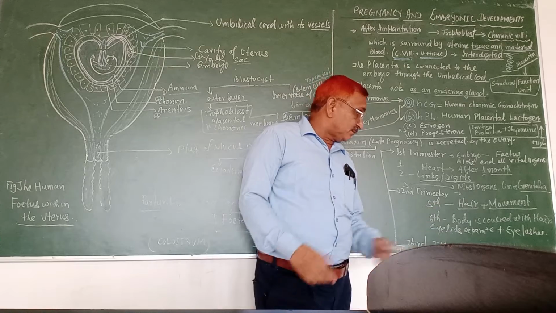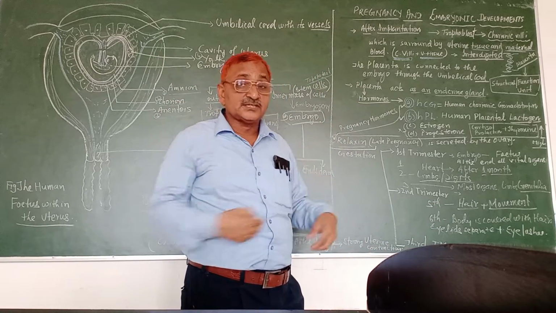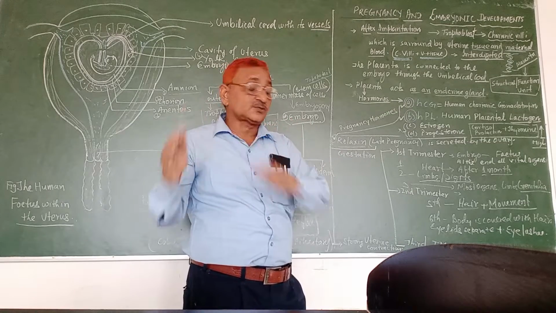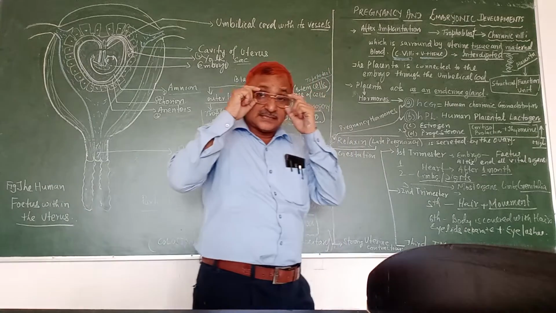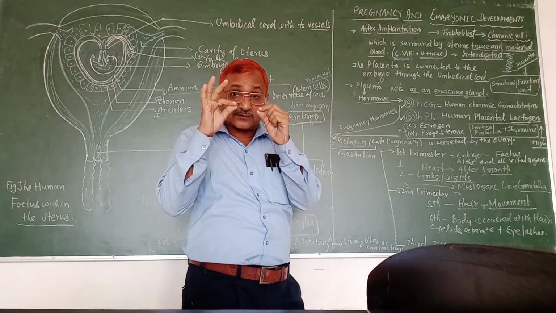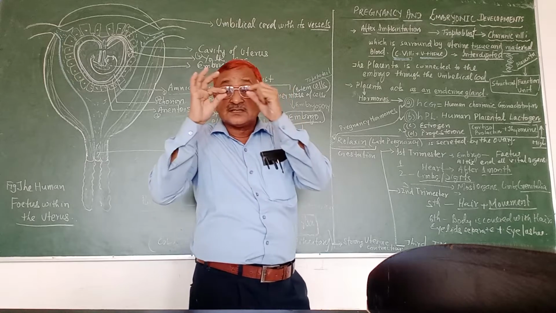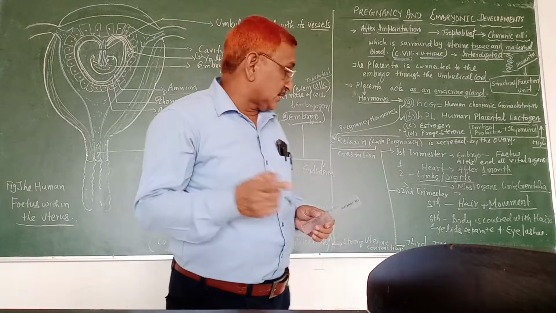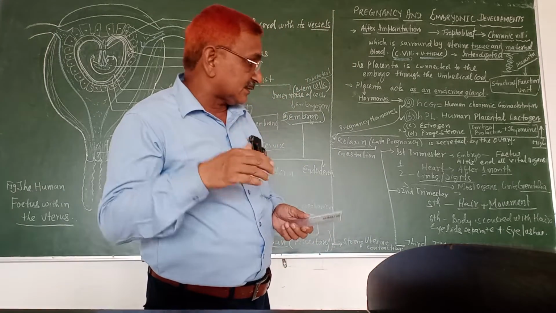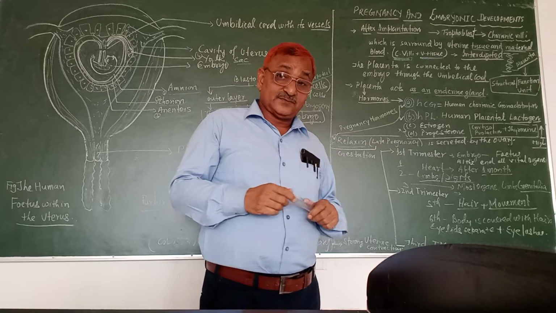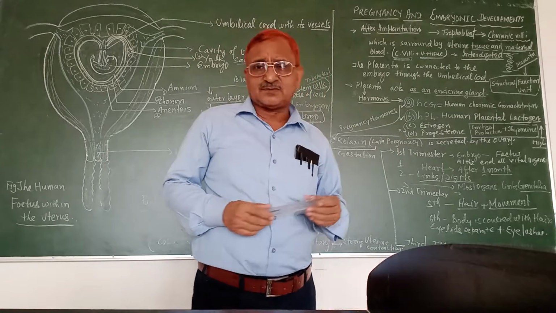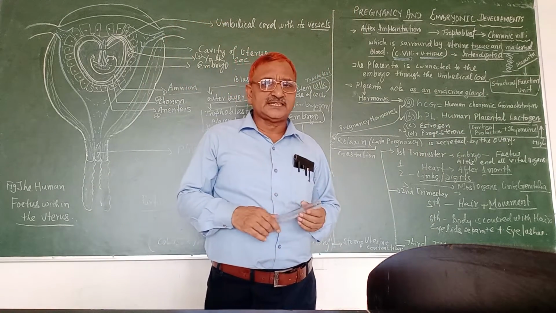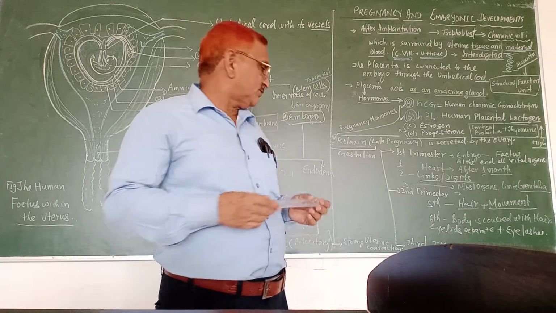After the 6th month, the body is covered with fine hairs. All the body is covered according to the male and female genders. The hair patterns grow on the body. Eyelids first of all remain closed, but after the 6th month, the eyelids separate and eyelashes also form. So at least after the 6th month, the baby is fully prepared. We can terminate it. MTP is done. Medical termination of pregnancy can be done.